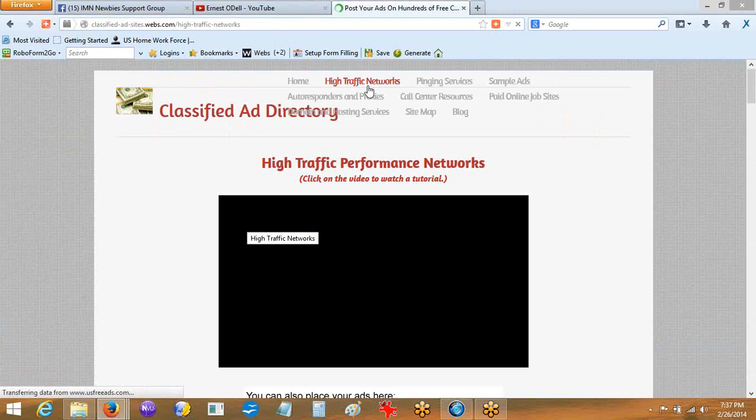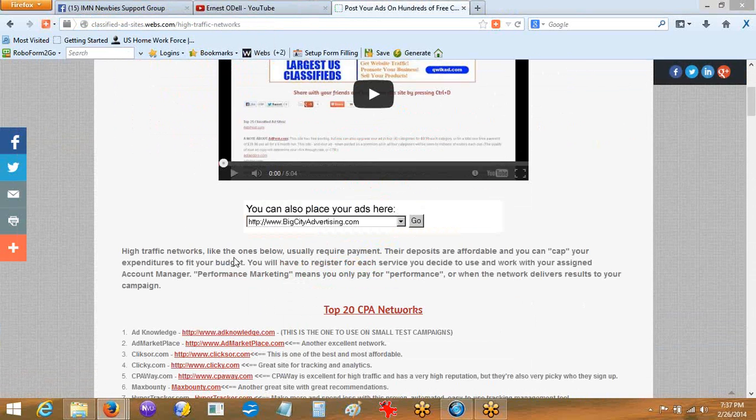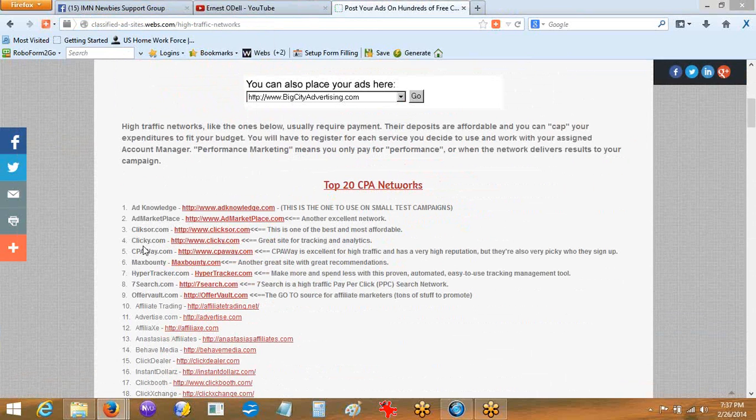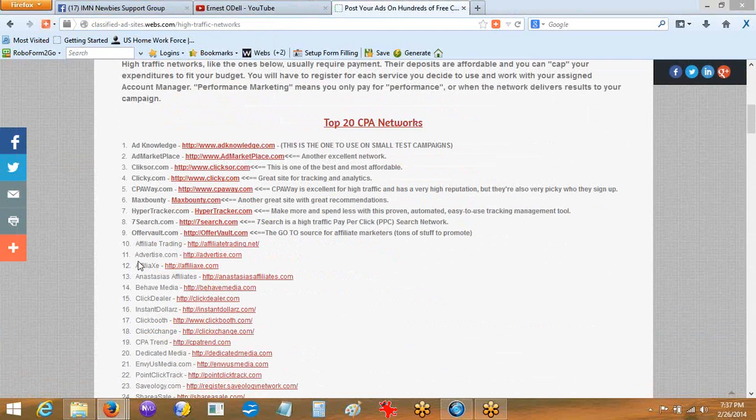These high traffic networks over here on page 1 and page 2 both have their own little tutorials. These are usually ad spend sites. This is where you can go in and spend anywhere from $25 to $2,500, depending on the network. Some of them are $50,000, some of them are $100. Big corporations who are into big ad spends for pay-per-click might go in there and spend $50,000 to